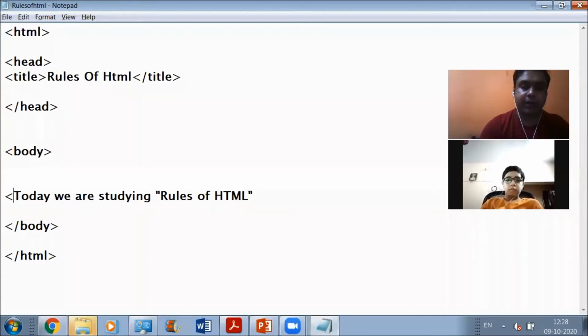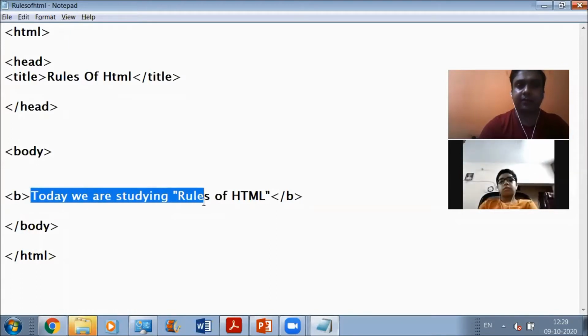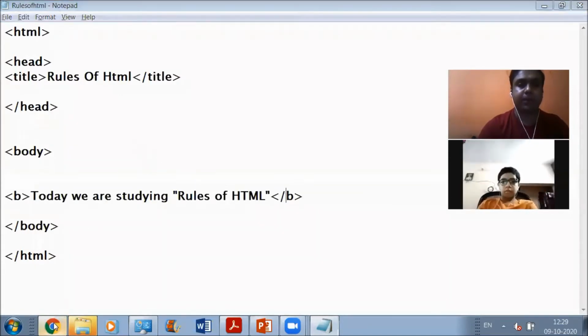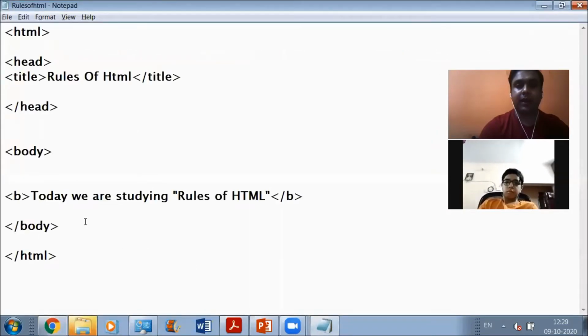Now let's make use of a tag. Let's make use of this bold tag here. Fine. So what is this tag going to do? How is it going to affect this text that I have defined inside these bold tags? Let's see the change that we are going to get on the web page over here. So this is how it is going to get reflected in bold. Now the text is going to get reflected in bold letters. Okay, so using this bold tag, you can do it.